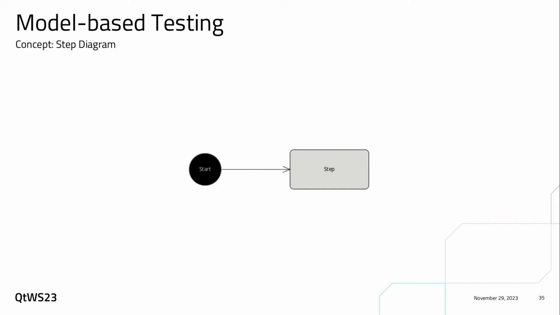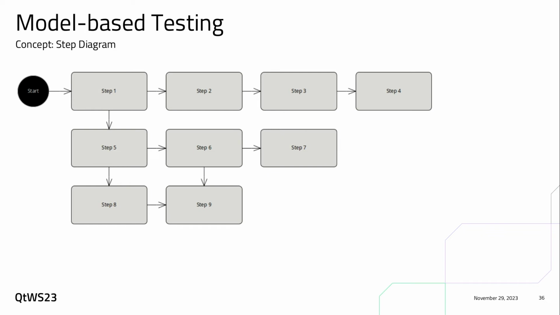So let's just take a look at our first model. We start and we make a step. It is very abstract, I know, and I'm sure a few of you will now think, that's too easy. This doesn't fit my system. This never will. But it's a starting point. And a model is just, you visualize your idea, you visualize your application, and it's a starting point, and you can start creating models.